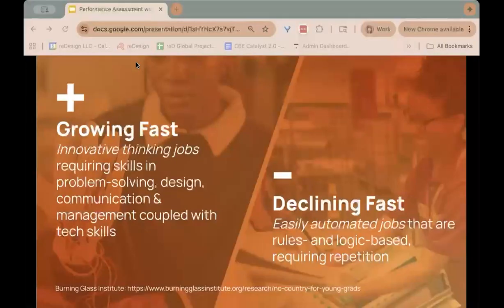What's growing and what's declining? There's going to be a net increase. We love that. What does it mean? It means what they're calling innovative, or what Burning Glass Institute calls innovative thinking jobs. Jobs that are all about flexible, adaptable thinking across contexts in lots of different situations and quite rapidly, right? The jobs that are decreasing are the ones that are rules-based and logic-based. If you use ChatGPT or another LLM or other AI tools, you see that easily, right? It can do those kinds of tasks much better and faster than us. A lot of the tasks we ask of young people fit into this declining fast set of skills.